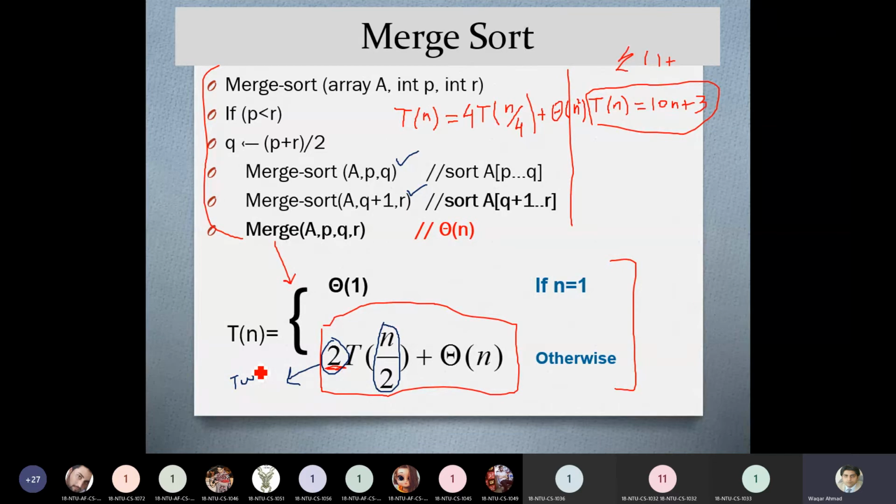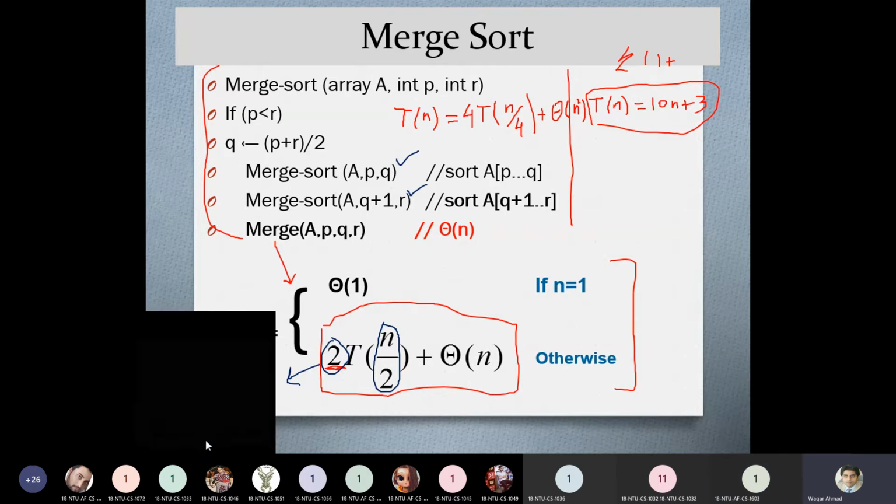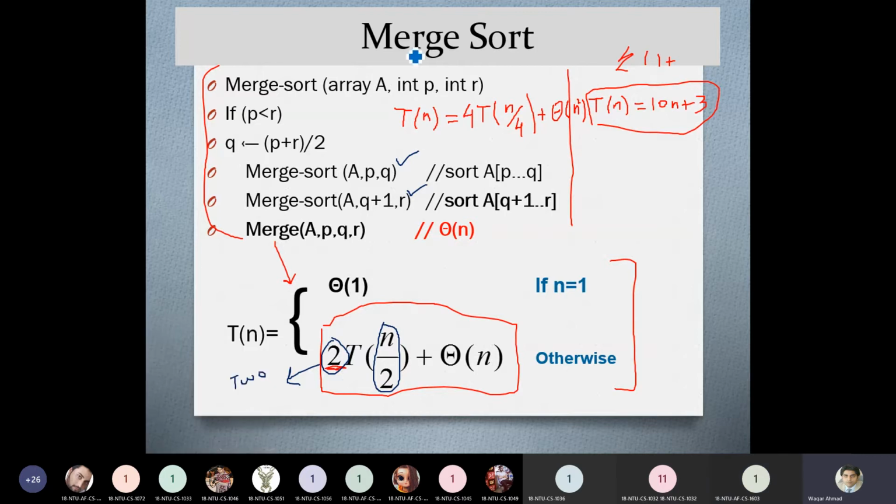Any idea? Someone wants to answer this? Sir, by merge activity. Okay, merge activity is in the merge algorithm. We are talking about another algorithm here, and we are not able to actually see the algorithm, but we only have the recursive equation of the algorithm.